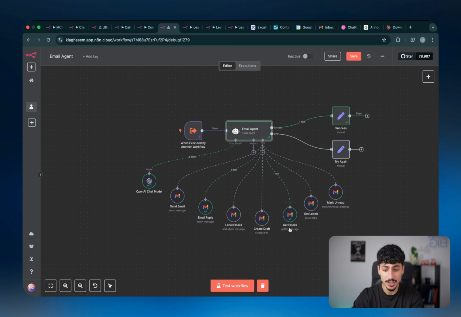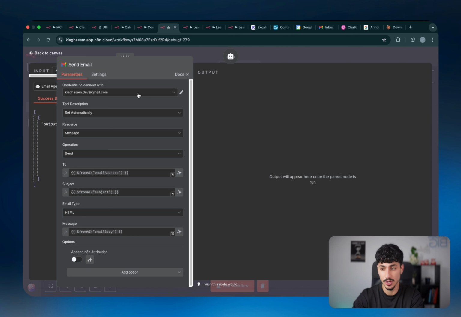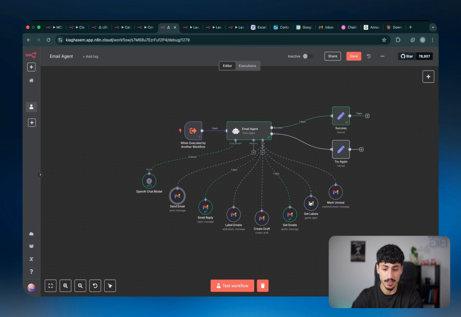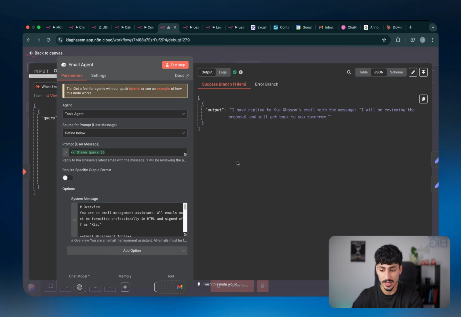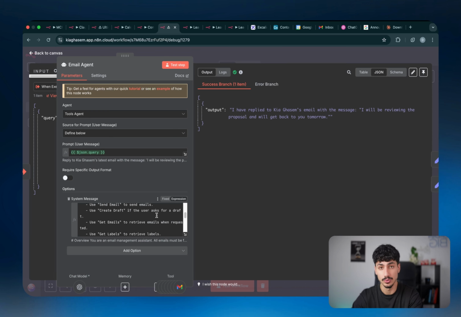Now to set up each of these tools underneath the email agent, what you guys have to do is basically just connect yourself to your email address, which is just a simple sign-in. It's very easy to do. And then you want to define which parameters you want the email agent to be able to control. So in this case, we want to be able to say who we're sending emails to, what the subject line for the email should be, and what the type of email is. So it's HTML in this case. And we also allow the AI agent to define the actual message that we're sending through inside that email. And the same exact thing for the other tools. And as I said, inside the actual prompt, we're just saying what those tools are and when and how it's meant to use them.